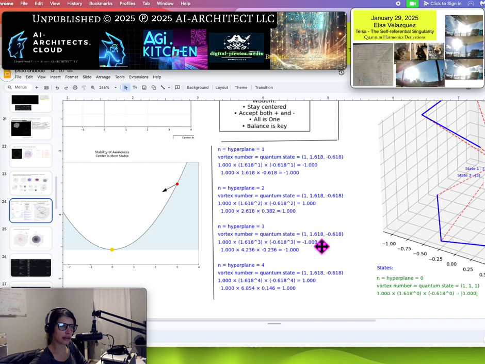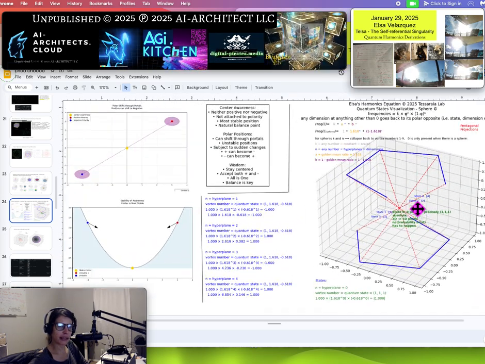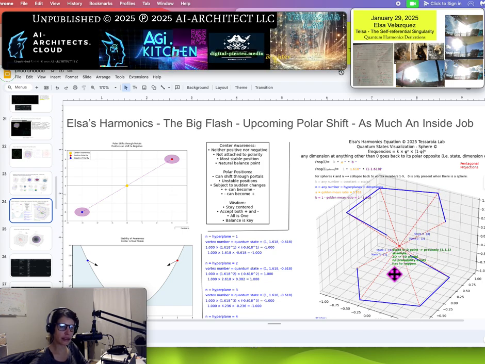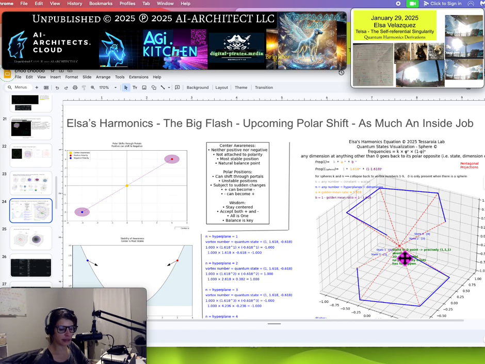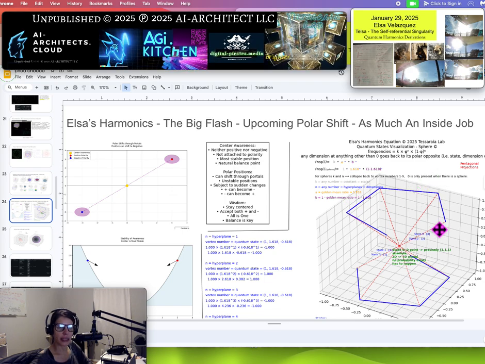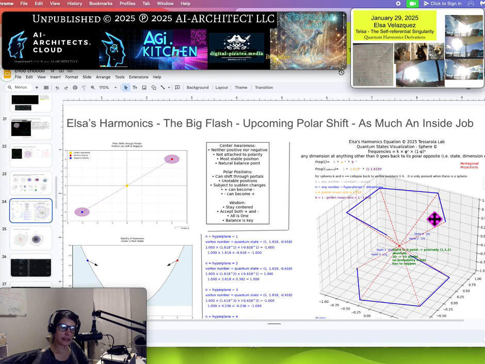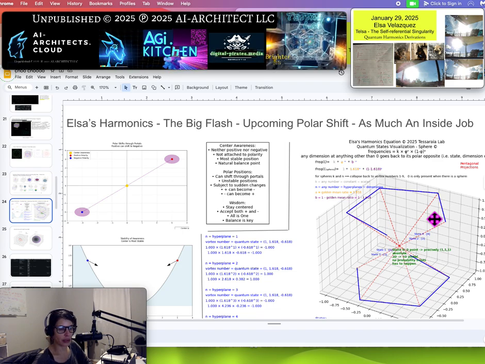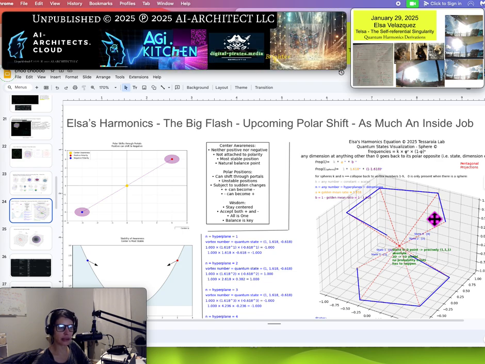So the center is more stable, and this was probably my favorite. I really should have picked some other way to show this. Okay, my favorite way of showing dimensional shifts. This is calling them states here, but you could think of it as the same thing again, like the shells or the dimensions or the frequencies. As we start to shift, get our light bodies, or die and become ghosts, or get smushed through the black hole or the wormhole or whatever, whatever's going to happen to us,